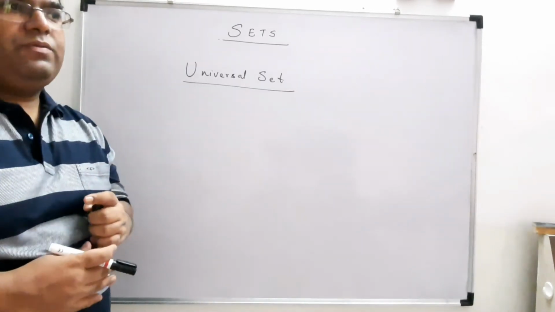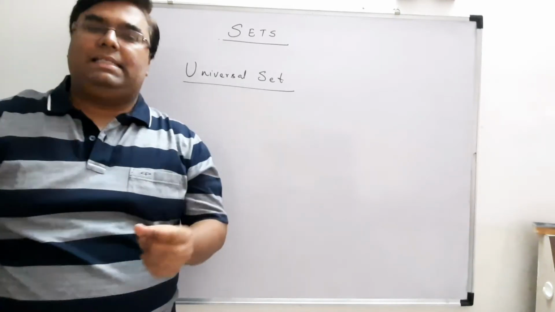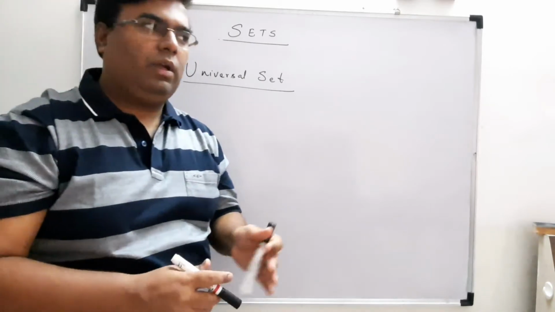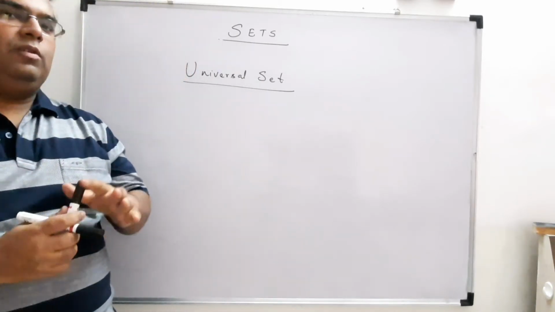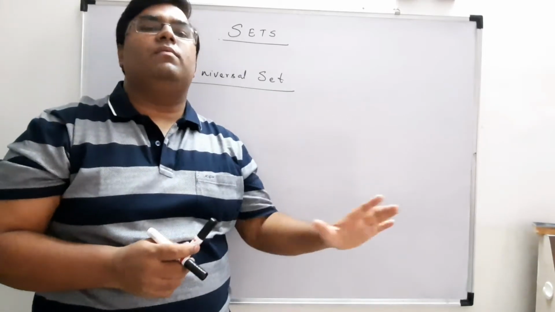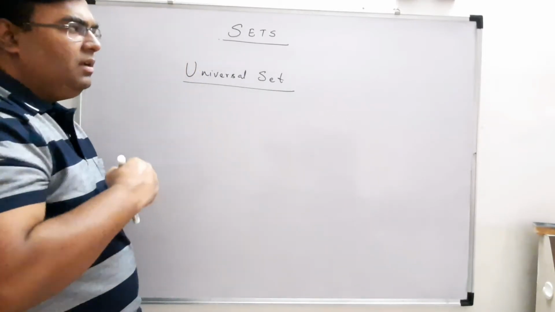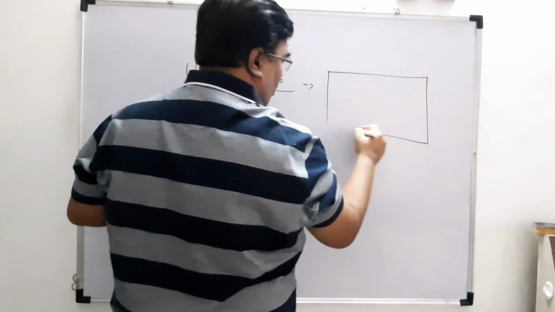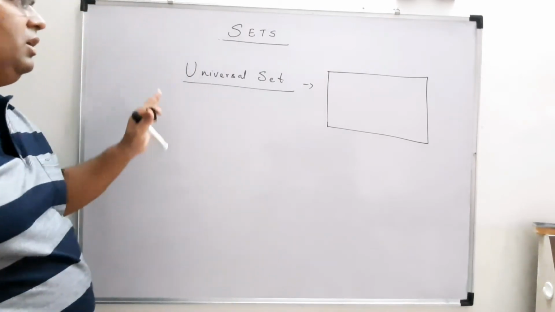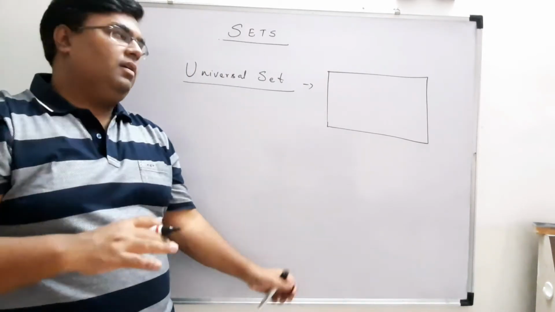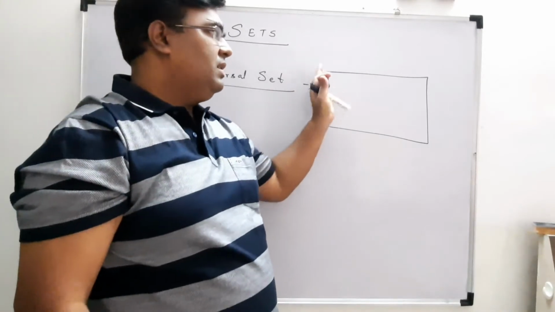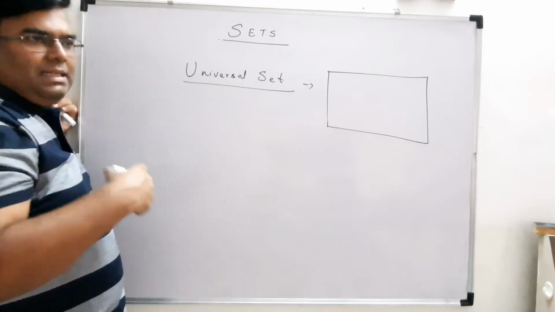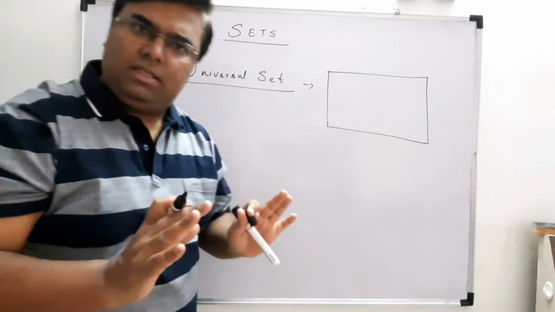Now let us take another type of sets, which is universal set. Universal, as the name appears, which includes everything, okay? So normally in a question you will be given what is my universal set. Universal set basically we represent in Venn diagram as a rectangular block, okay? We do not represent universal set as oval or circle. We normally represent universal set in a block, okay? Rectangular block. So universal set is a set which includes all the elements, okay?